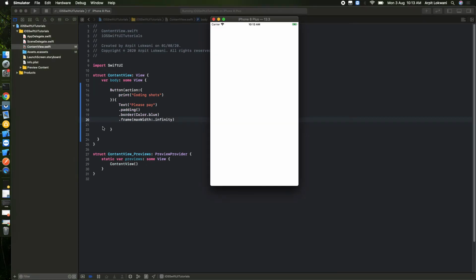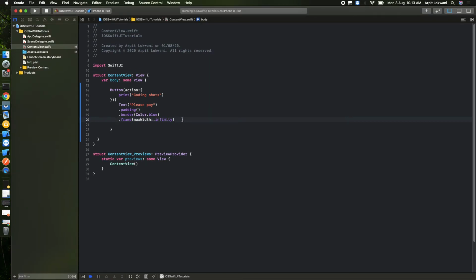Hope you guys can see the font also, because someone commented that the font is very small. If you still can't see it, please let me know and I will increase the font size. Then one more padding. The text button is there and padding also we did.